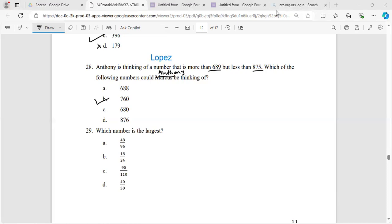Let me know. At first, what I did is that I simplified the fractions into common fractions. 48 over 96 would be a half. 18 over 24 would be 3/4. 90 over 110 equals 9/11. 40 over 50 equals